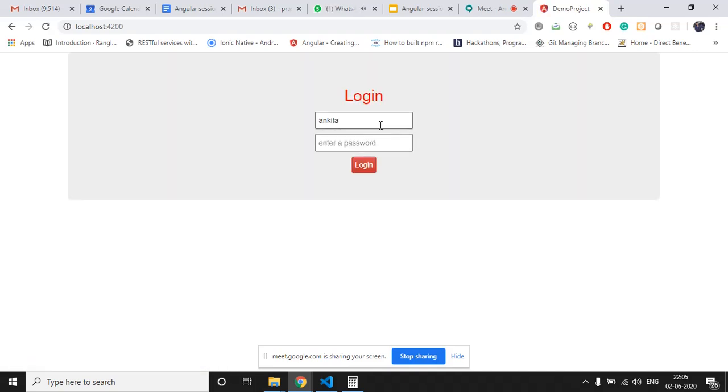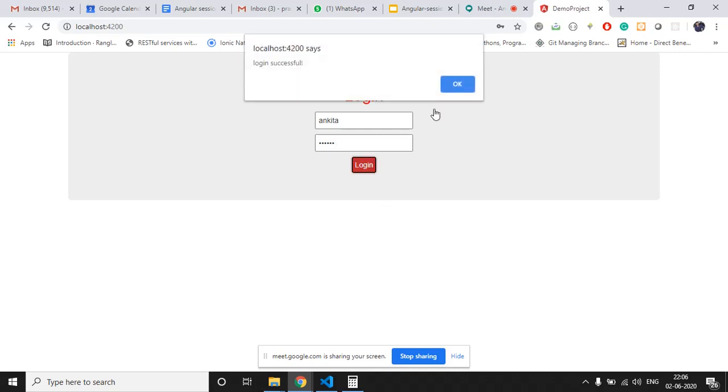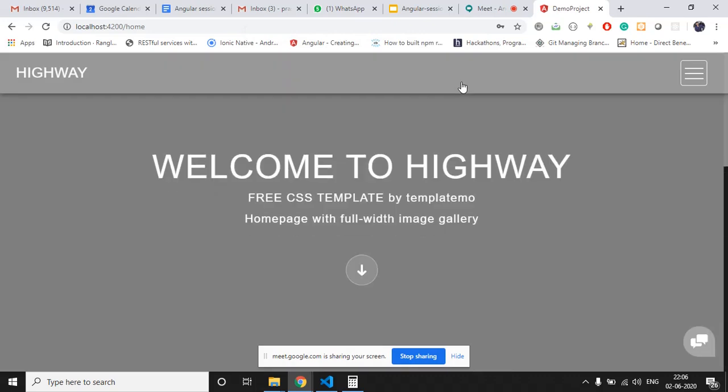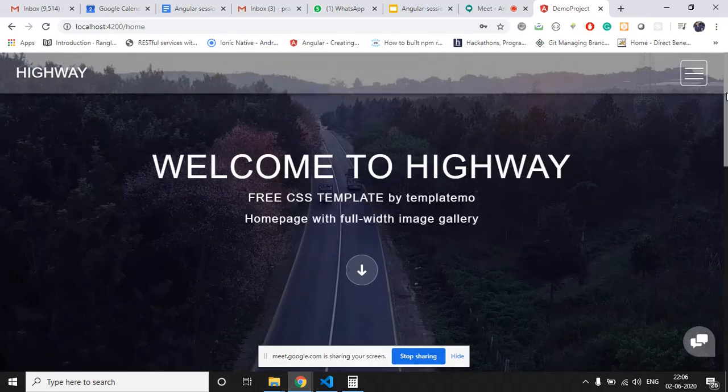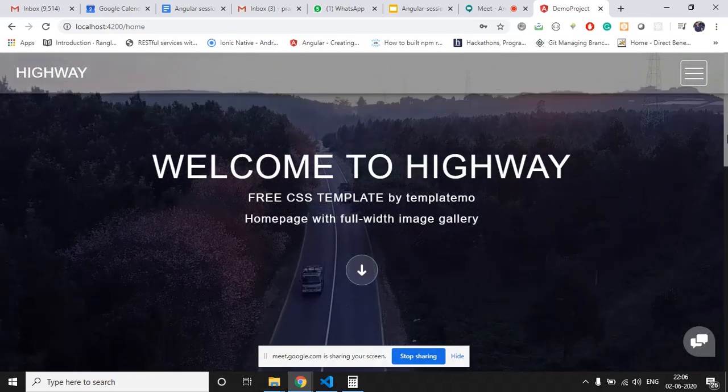Here we have a login page with username and password fields. When we enter them and click on login, the application will take us to the home page, and into the home page we have integrated the template that we have downloaded, right?